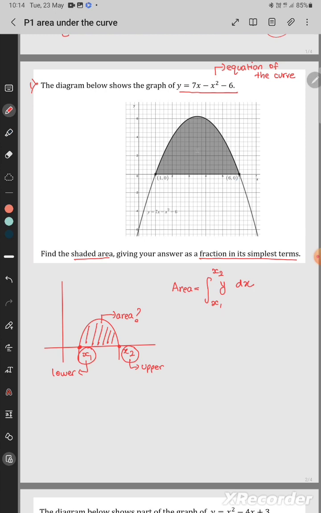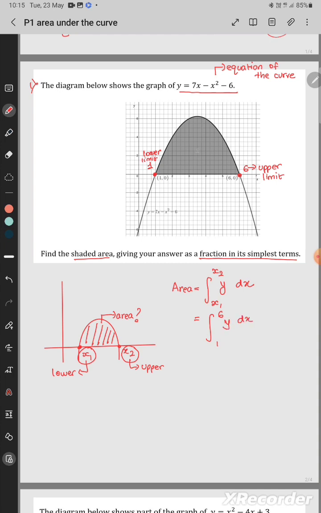So here, if you look at the diagram, this point is (6, 0). That means the x coordinate is 6, and this point is (1, 0), so the x coordinate is 1. From here we can say that the upper limit is 6 and 1 is the lower limit. So the area under this curve will be integral, x2 is now 6, which is the upper limit, and x1 is 1, which is the lower limit, y